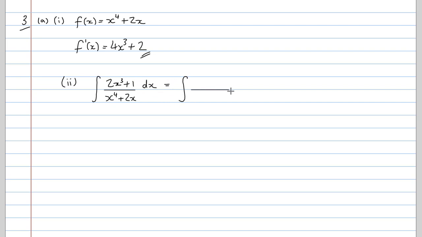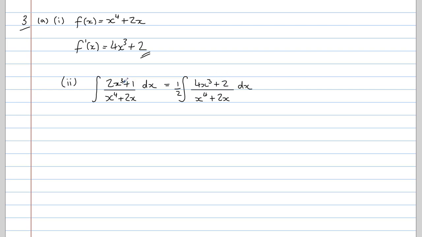So I'm going to keep the denominator the same. And we know from part 1, if we differentiate the denominator, we get 4x cubed plus 2. So this is the function I want to be integrating. But in order for this to be equal to this, I need to bring a constant out the front. And that constant will be a half, because a half multiplied by the numerator will give me the numerator on